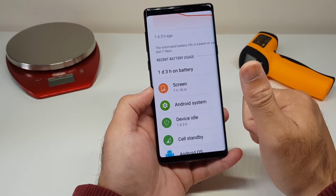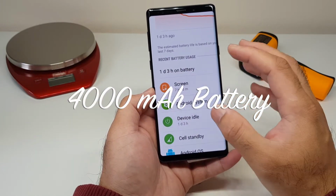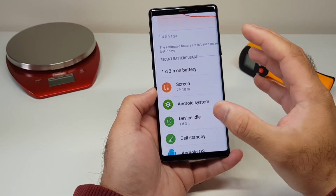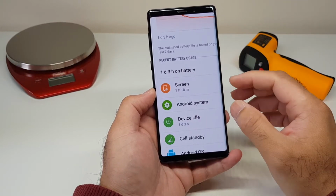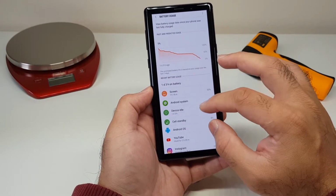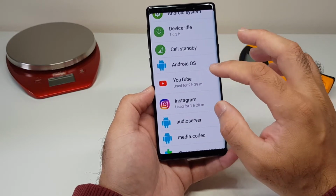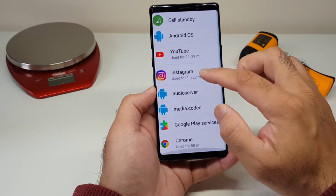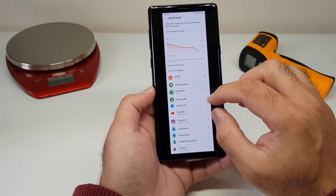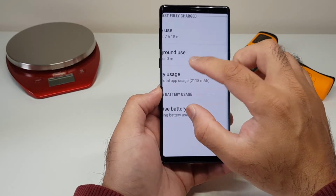So I'm very happy to see that Samsung has now put in a 4000 mAh battery, and it's very heartening to see. I hope that in the models to come, and maybe the S10 and S10 Plus, they can keep this trend and keep bigger batteries so that we can get more screen on time and more battery life out of our phones. So this usage had plenty of stuff going on: YouTubing for over 2.5 hours, Instagram for 1.5 hours, and Chrome browser used for nearly an hour. So very heavy usage, and it gave me, like I said, 7 hours and 18 minutes of screen on time,